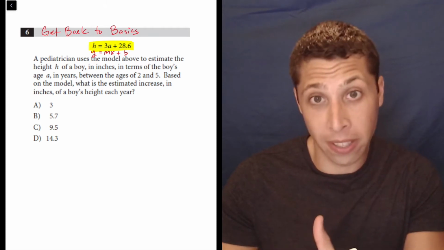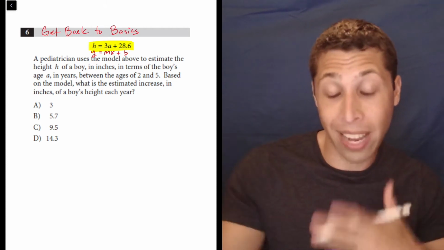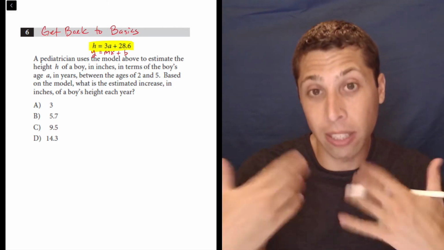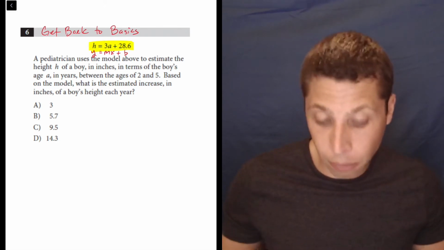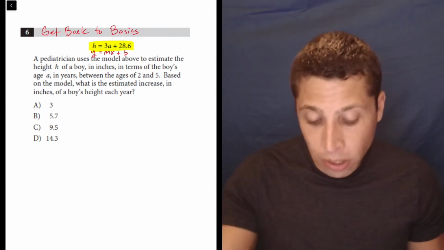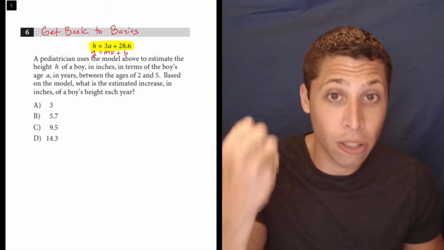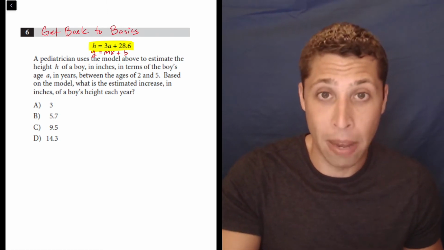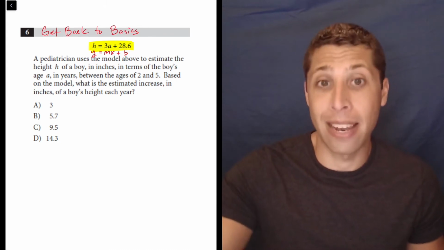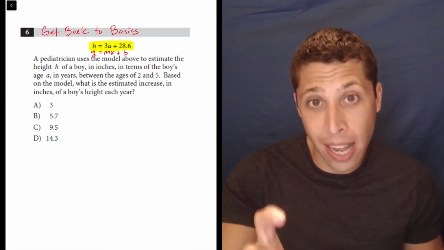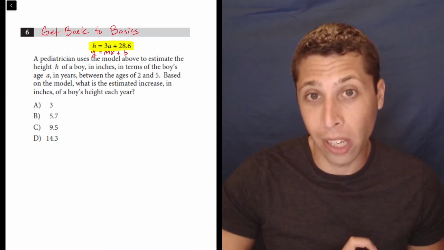Number 4 in this section was all jumbled, and so we had to rearrange things so that we could get back to basics. Here, we're already there. The only difference is that they've given us this story and they've changed the letters, but the format, the structure of this equation is the same. So you need to get in the habit of recognizing lines when they're part of a story,